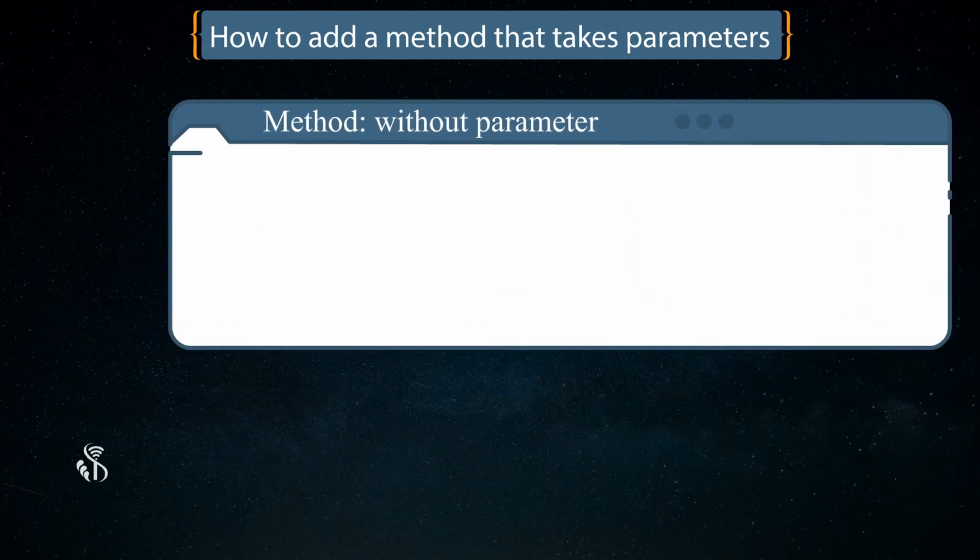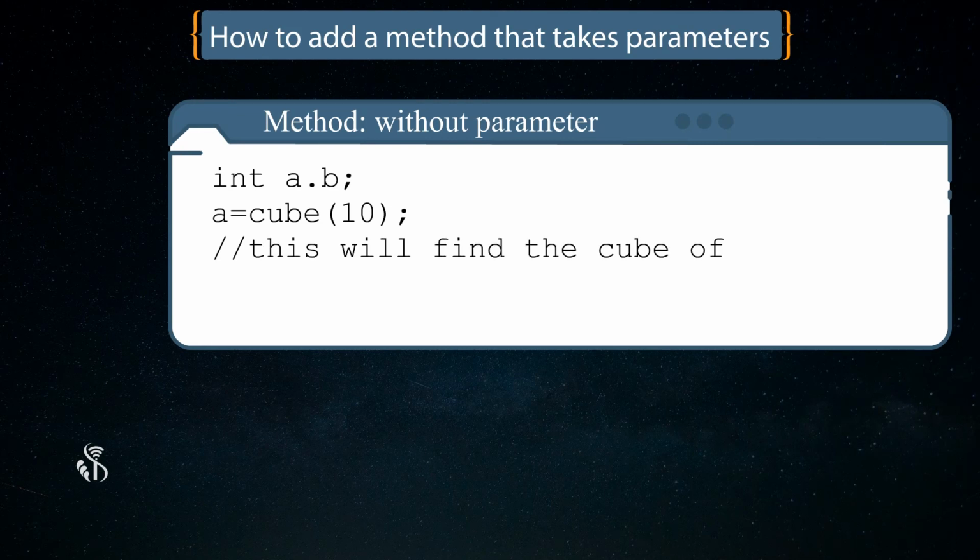Let us see an example for the same. int a, b; a = cube(10); // this will find the cube of integer 10. b = 5; a = cube(b);